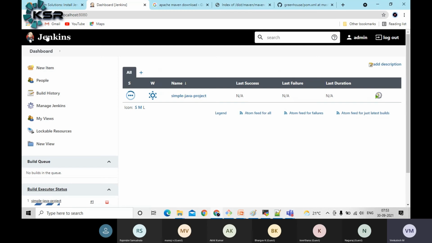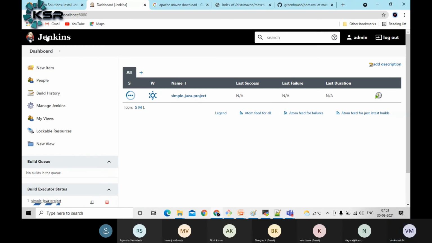Process-based questions will also be asked, like what is the CI/CD process in your project. You can say that whenever developers commit the code to GitHub, from Jenkins, using the Git client, we clone the code to the Jenkins VM. If it's a Java-based project, we use Maven; if Node.js, npm. The build part differs from language to language, guys. Maven is only for Java projects; it can't be used for Python or .NET projects.